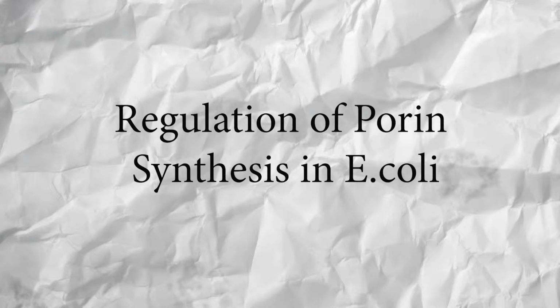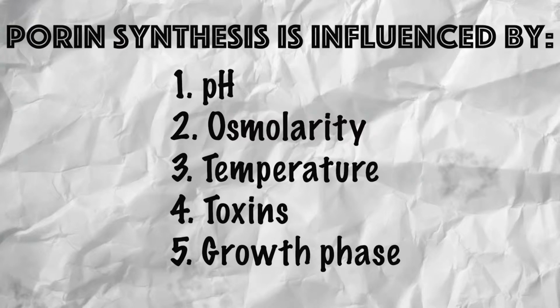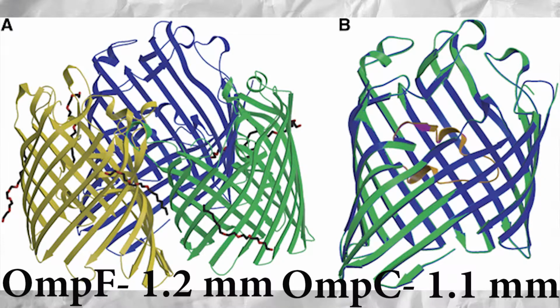Now, we are going to talk about the regulation of porin synthesis in E. coli. Porin synthesis is influenced by 1. pH, 2. osmolarity, 3. temperature, 4. toxins, 5. growth phase. However, porin in E. coli comes in two different diameters. First, when OmpF is expressed the porin diameter is about 1.2 nm, while when OmpC is expressed the porin diameter